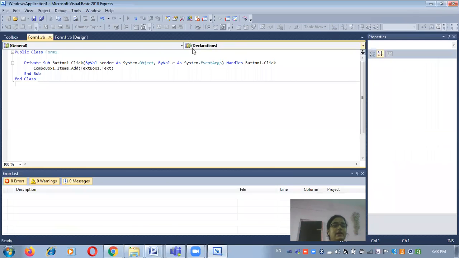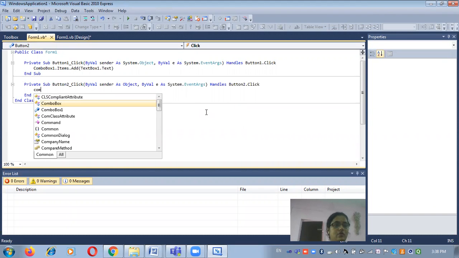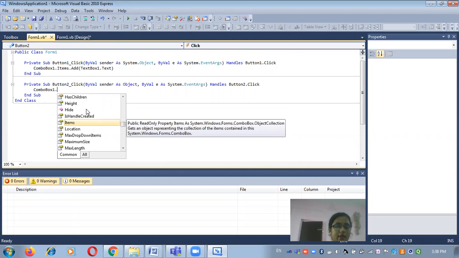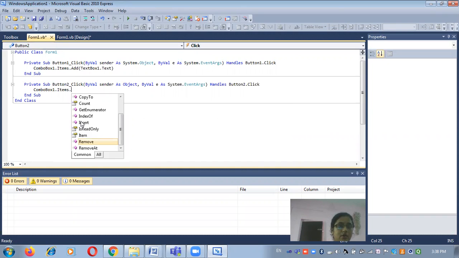Now next I want to write a code for command button 2, and I'm again choosing the event as click event. Again I'm choosing ComboBox1 dot, and here I'm choosing the property Items dot Remove.